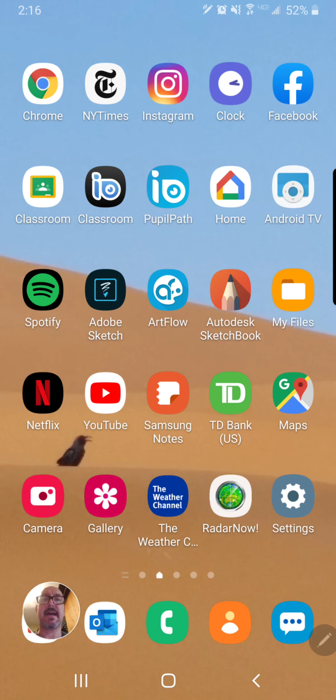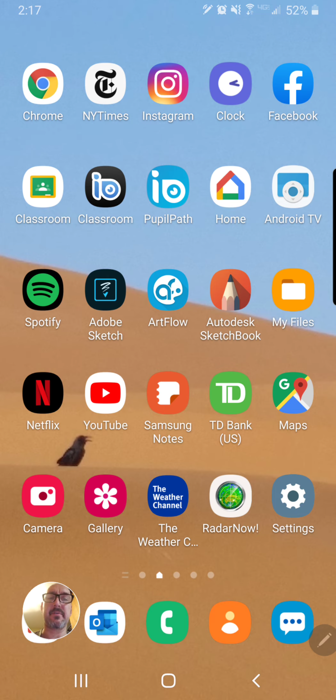Hey everybody, I'm going to show you how to use FlipAnim on your phone today, because a lot of people have been asking me questions about how to download and save, et cetera. And also just to give you a little bit of rundown of what it looks like on your phone. So the first thing you're going to want to do is